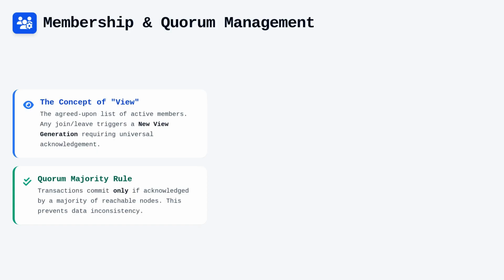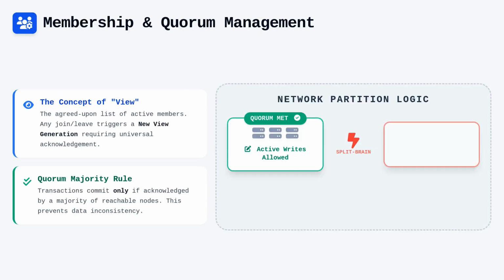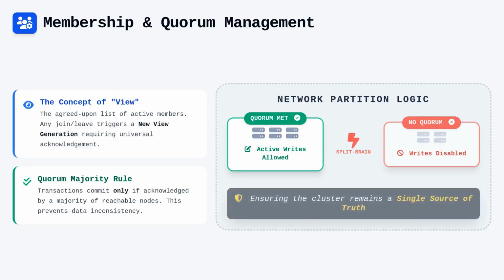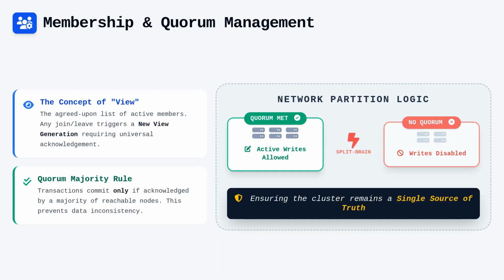If a network partition occurs, the group automatically detects the split-brain scenario by evaluating which side contains a majority of the members. The side that fails to maintain a quorum will automatically cease accepting write operations to prevent divergent data states. This behavior is crucial for ensuring that your database cluster remains a single source of truth, even when network connectivity becomes unreliable. By enforcing strict majority requirements, you effectively eliminate the possibility of multiple partitions continuing to process independent and conflicting transactions.